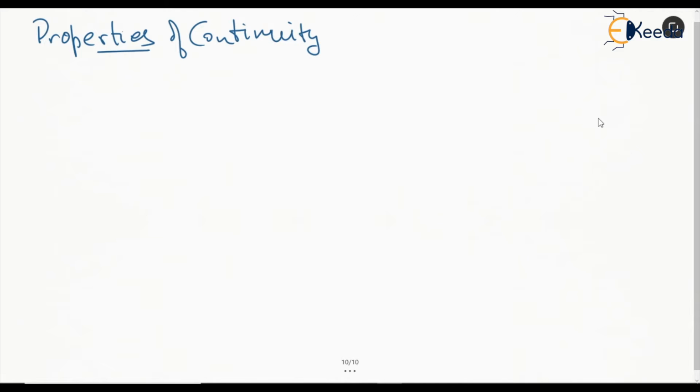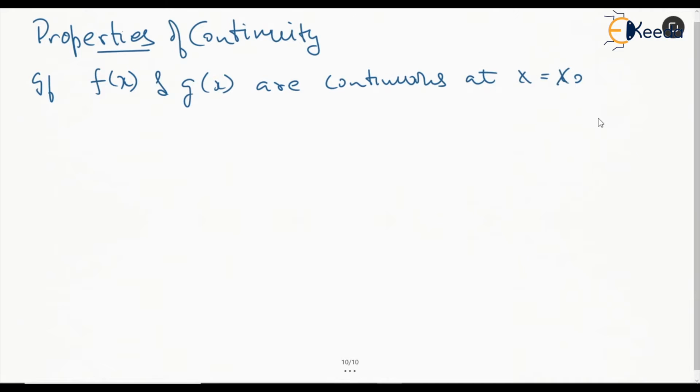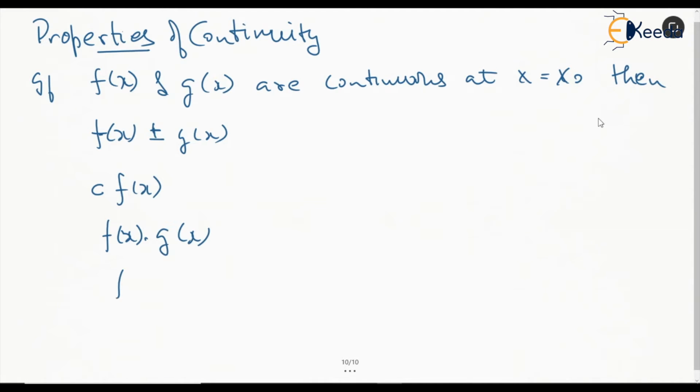That is, if f of x and, let's say, g of x are continuous, let's say at x is equal to x naught, then f of x plus and minus g of x, c times f of x, f of x into g of x, and f of x by g of x, with the condition g of x naught is not equal to 0, and c is a scalar,